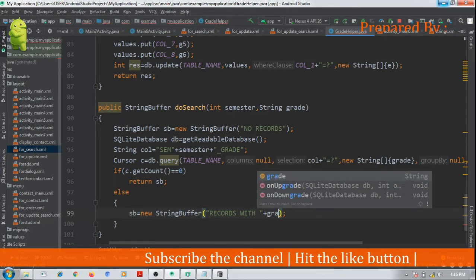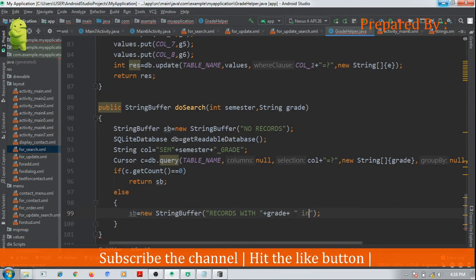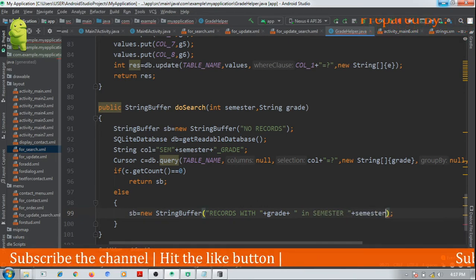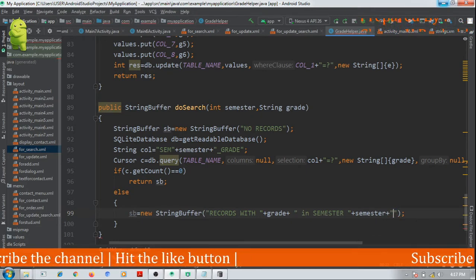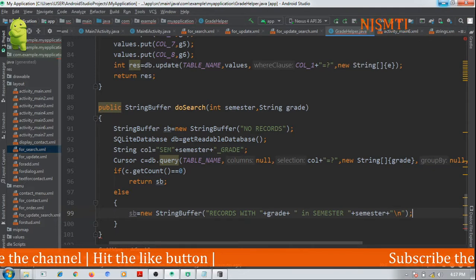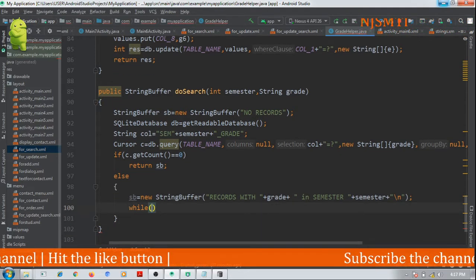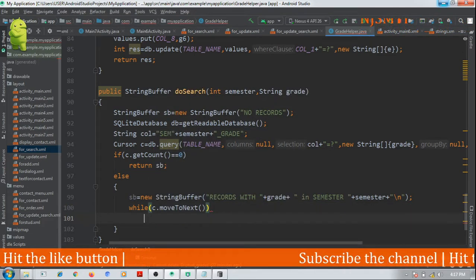This grade in which semester, which is passed as argument. Okay, then slash n. Now I will continue a loop while c dot move to next.